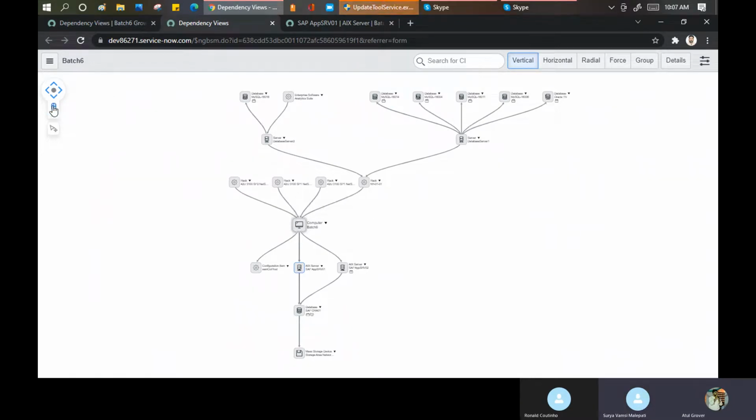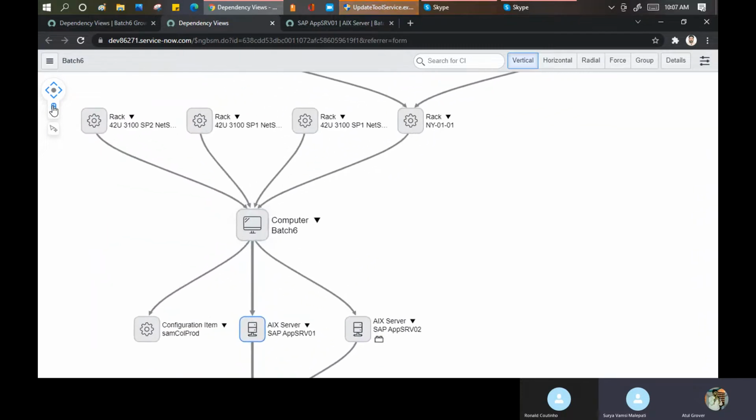Let me enlarge it a little bit. If you see powered by, it is not a parent or child. It is the name of the relationship: this computer has been powered by this particular rack. If you deploy a change on this rack, it can heavily impact this service.